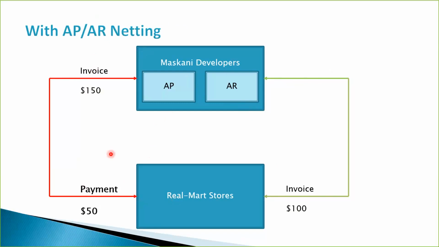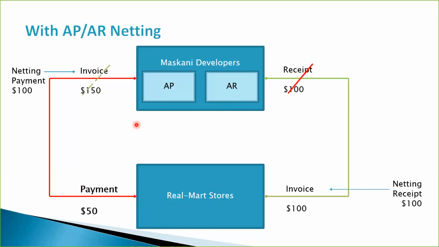So this is what happens when you run the AP/AR netting program. Okay. Of course, what actually happens in the system is this. When you run AR netting, in this kind of scenario, what will happen is that